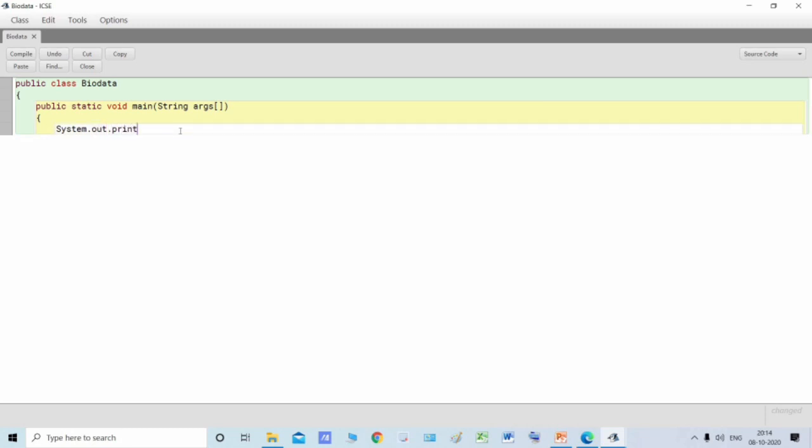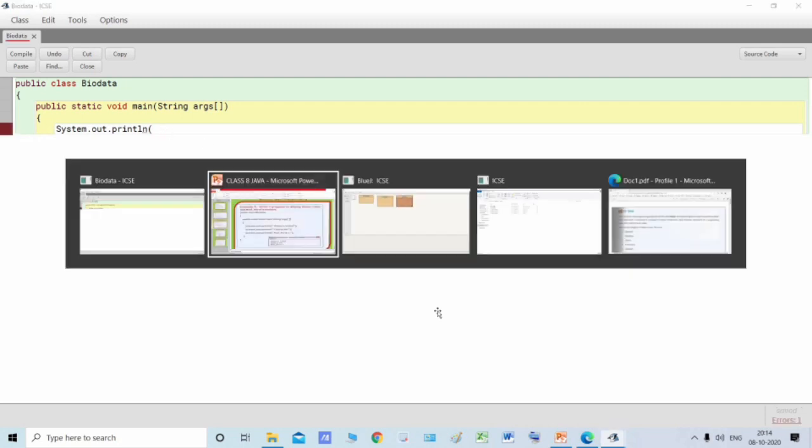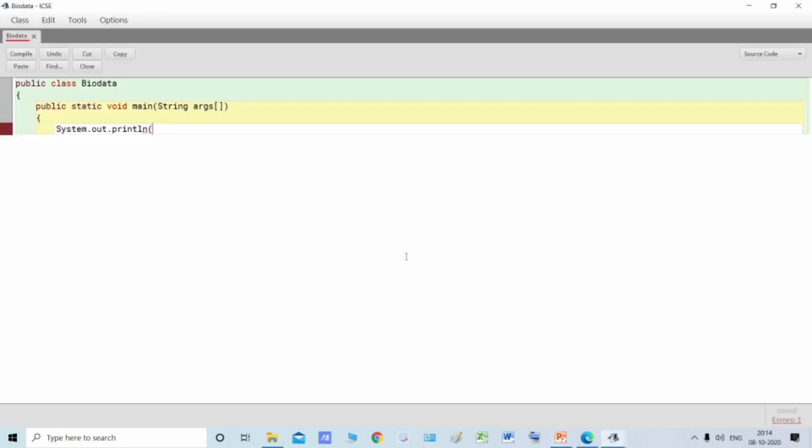System.out.println. Now what will println do? The println method will print the output in different lines. If you use only print, then it will display in the same line. So we will use the println method.